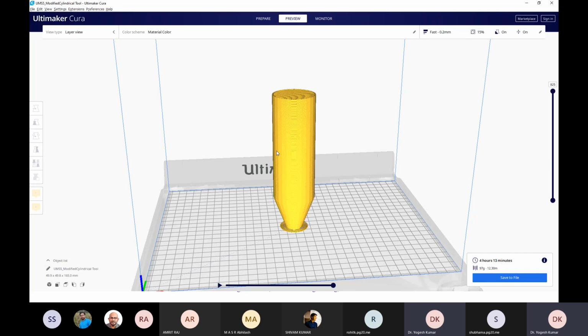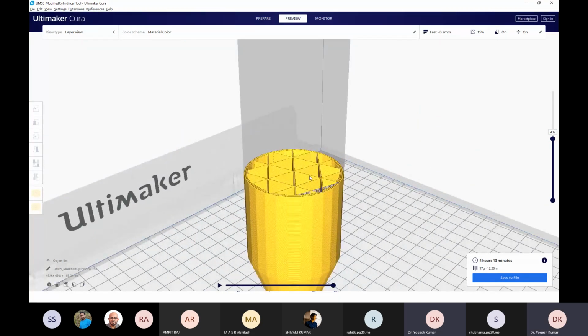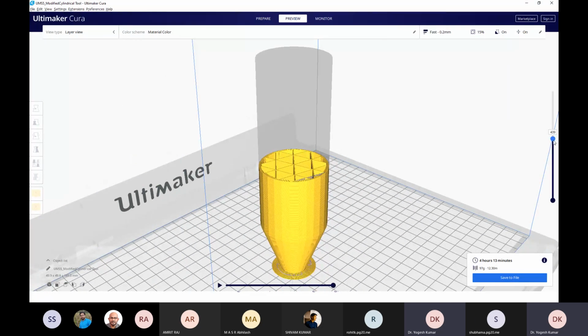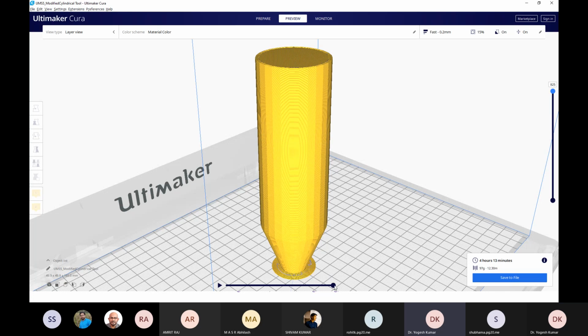Let me show how each layer is looking. Suppose I click at some height. Here you can see how your particular layer will look like. So layer number 825, then layer number 482, you may find it increasing.